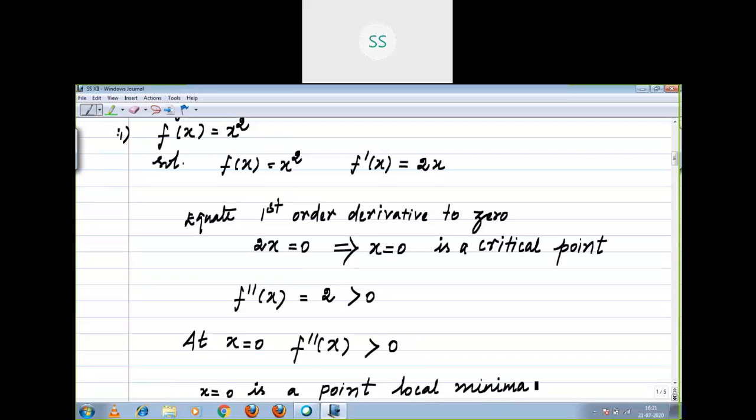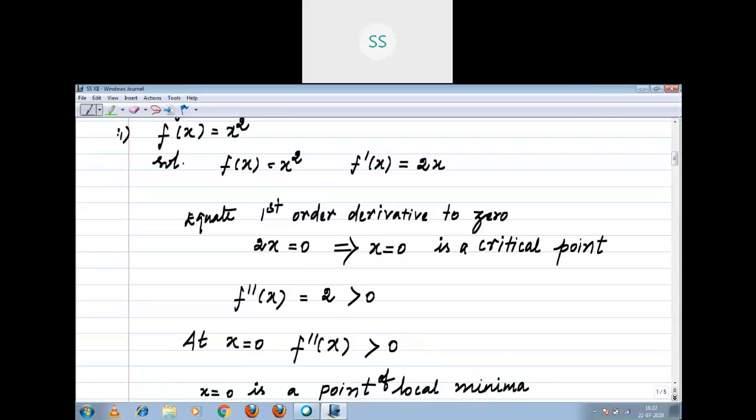What I did: the first step, I did the differentiation. The second step, I equated with 0. I arrived at the solution of x. That we call it as critical point. Then I passed on to the second order derivative of the given function. The second order derivative I arrived at is 2. There is no x, I don't want to substitute. Then the second order derivative is greater than 0 means x is equal to 0 is a point of local minimum. Second order derivative greater than 0, local minimum. Second order derivative less than 0, local maximum, right?